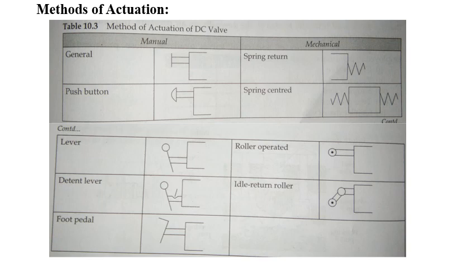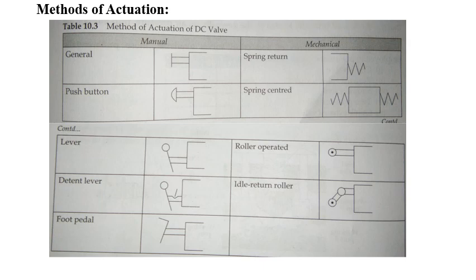Next we have the methods of actuation. See how you are going to actuate those valves. You have seen the 2 by 2 valves, 2 by 3, 4 by 2, 4 by 3 and 5 by 2 and 5 by 3. So these valves are going to be actuated using different mechanisms. These are all the symbols which are used. See this one is the general push button, general flat button, and this will be the push button mushroom head, and spring shows the spring return.